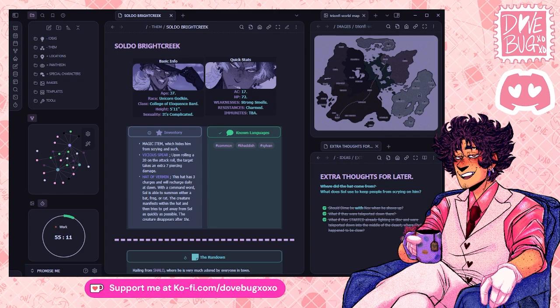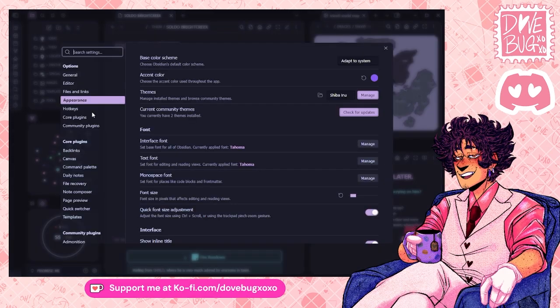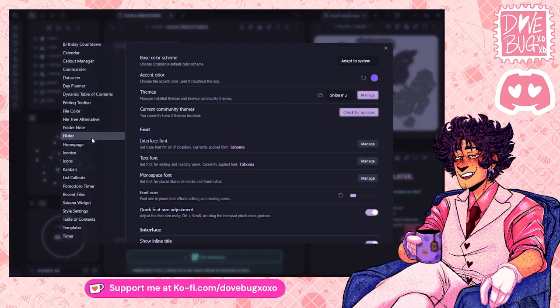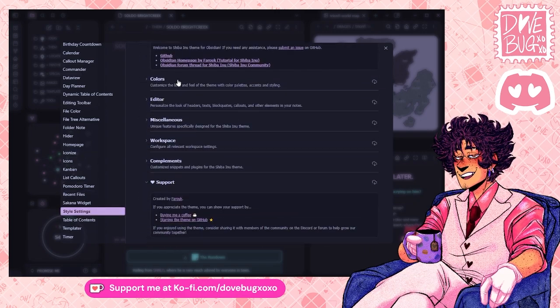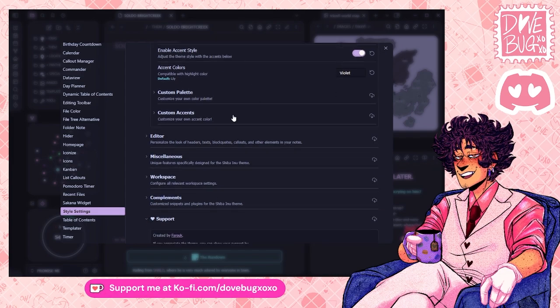Shiba Inu, getting that theme to function is kind of a nightmare. Do everything down here. So as you can see, I have a lot of community. I have a lot of plugins. It's just style. Yeah, Shiba Inu. And then it lets you mess with so many things.